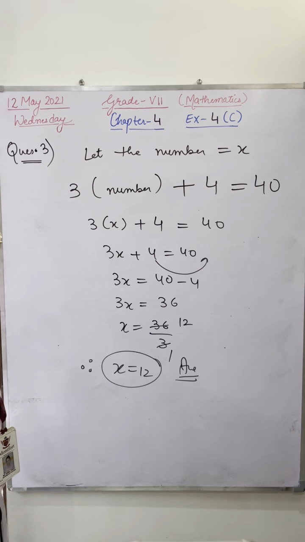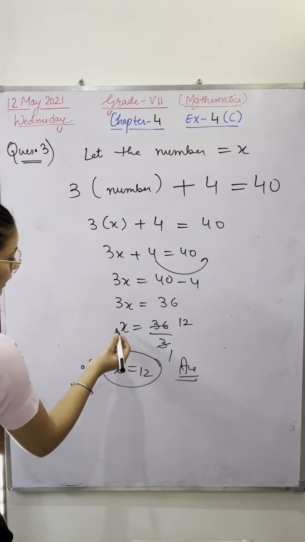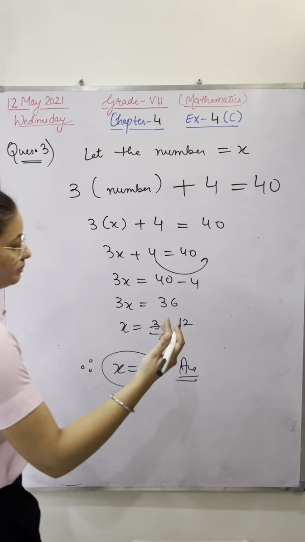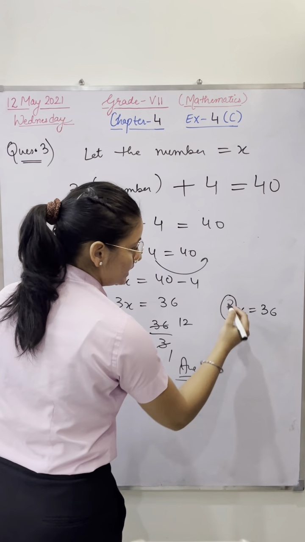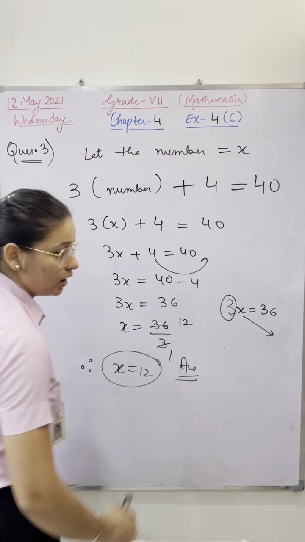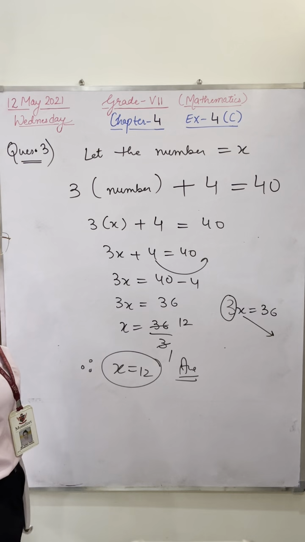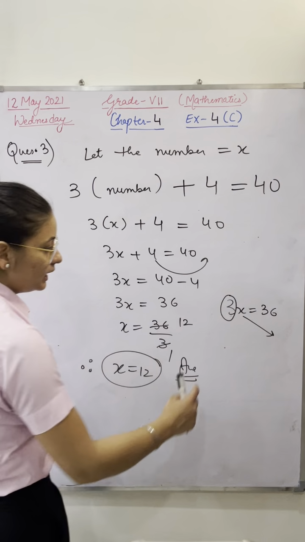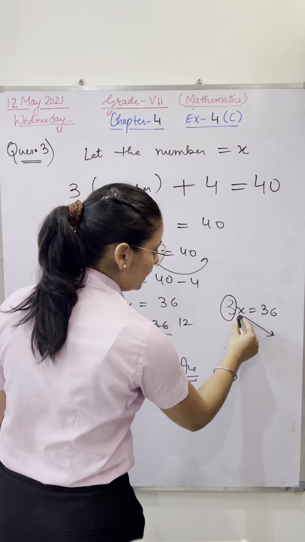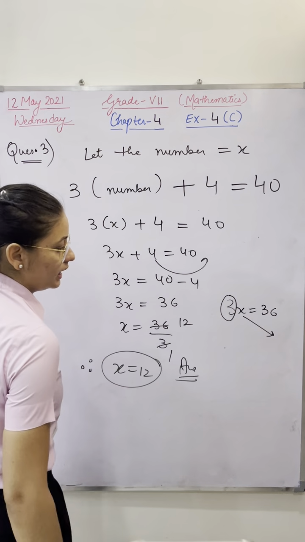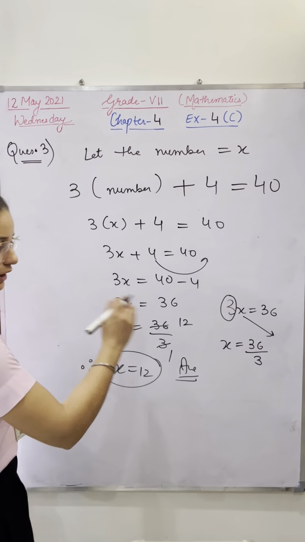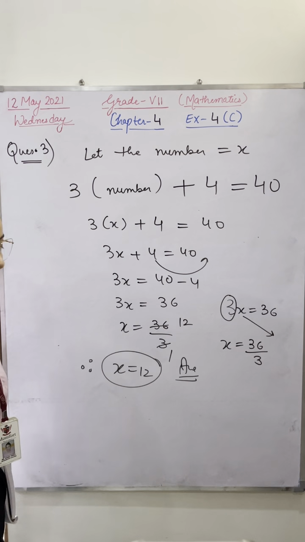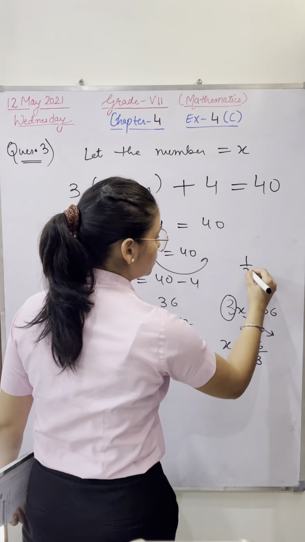One student is asking how 3 has gone in the denominator. But we are not doing this for the first time. Whenever a number is in multiplication, it will always go in division. That is, x is equal to 36 upon 3. It will go in division. Suppose it was 1 by 3, x